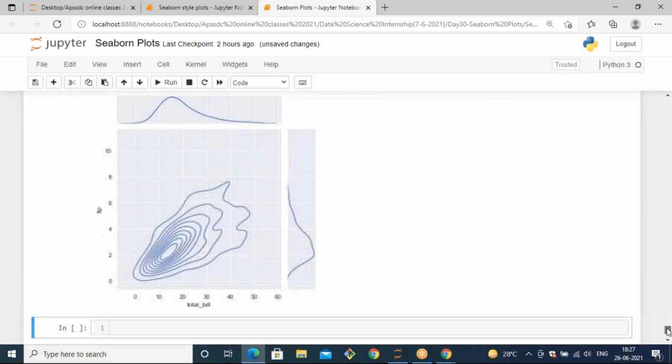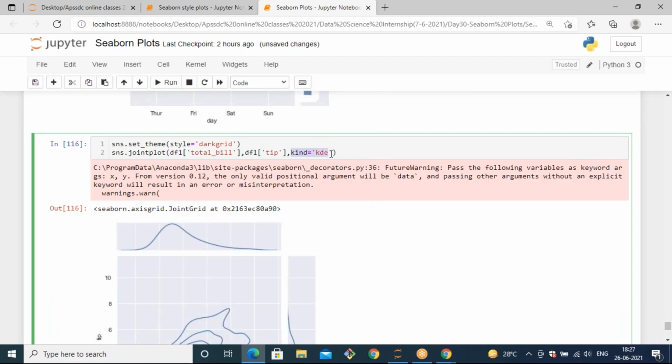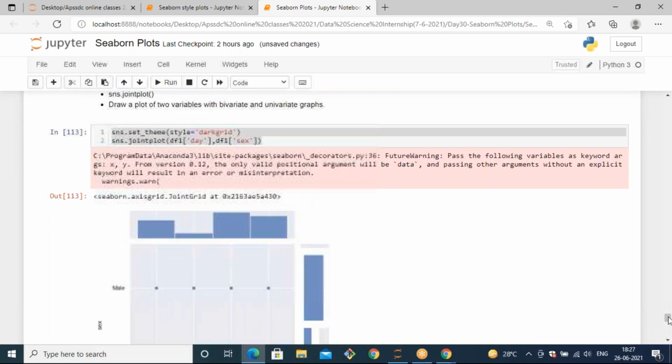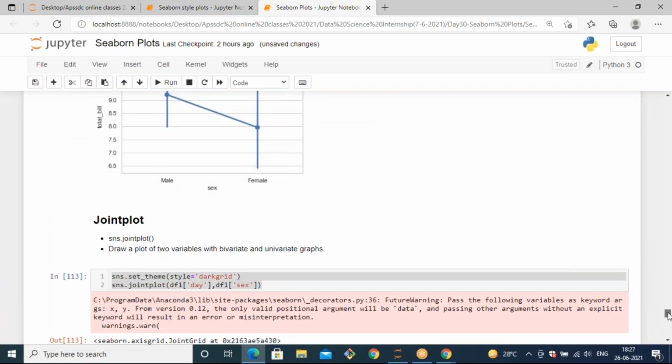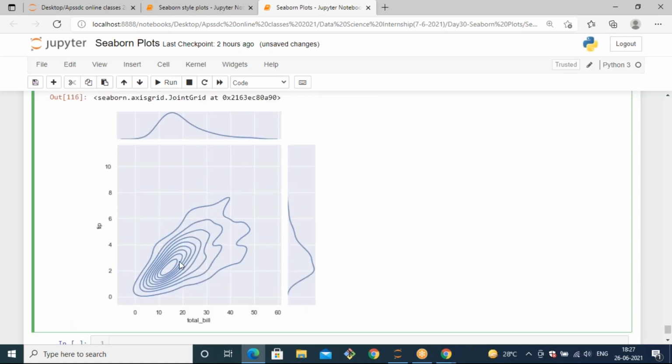Now you can observe that whatever you specify in the kind parameter will appear in the marginal sides. You get marginal plots according to the kind parameter, and in the main plot you get a histogram, sorry, it is also a KDE plot. When you have two continuous variables like this, you get a plot like this, and the marginal plot is a KDE.